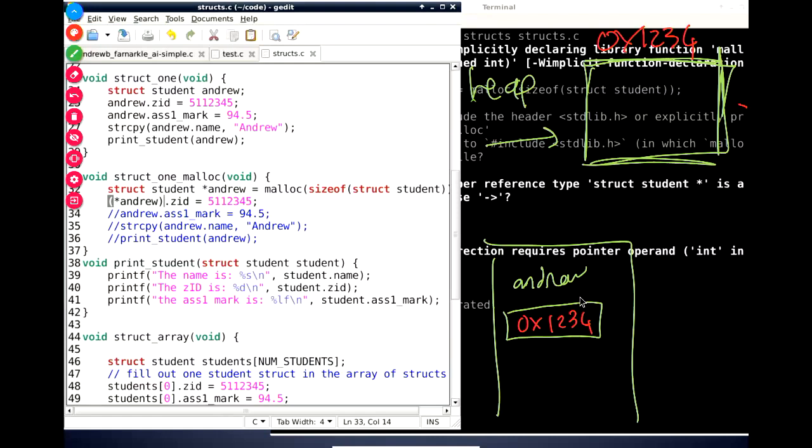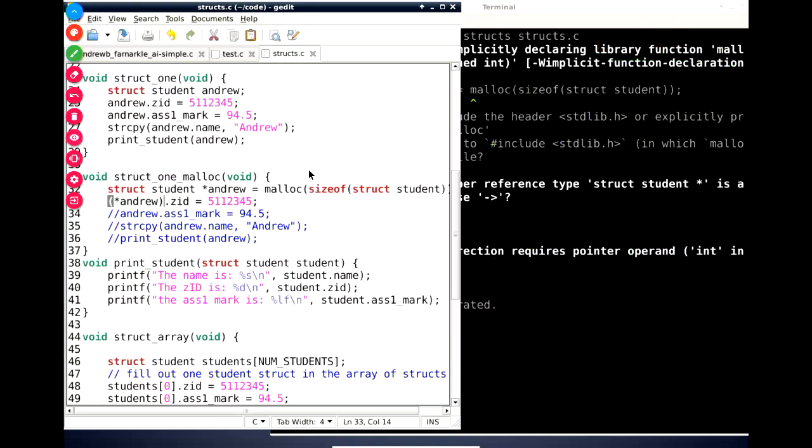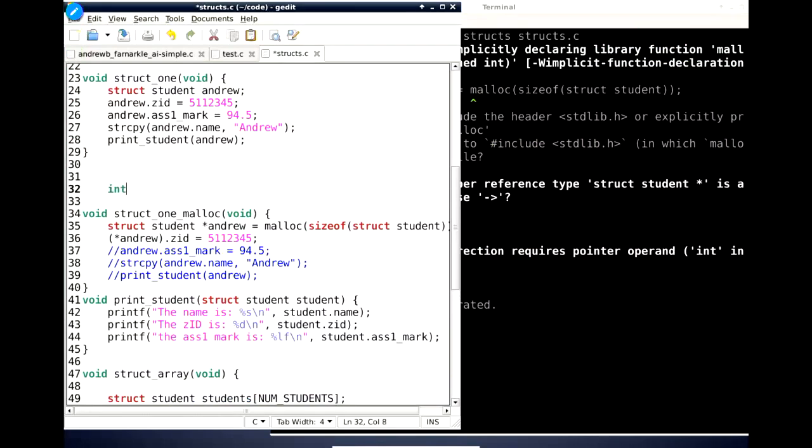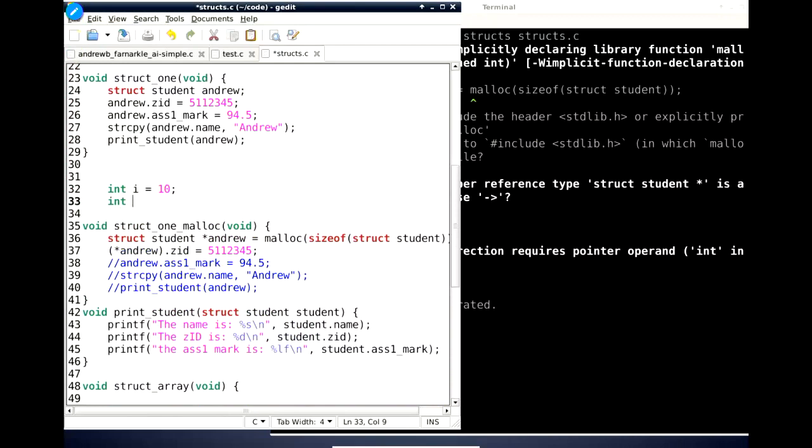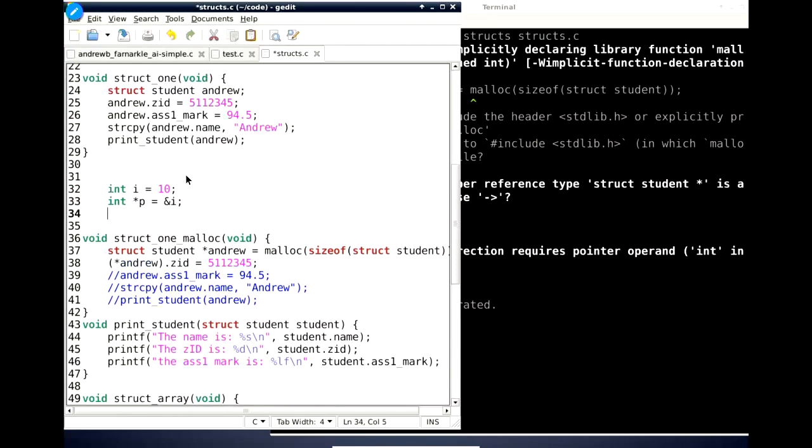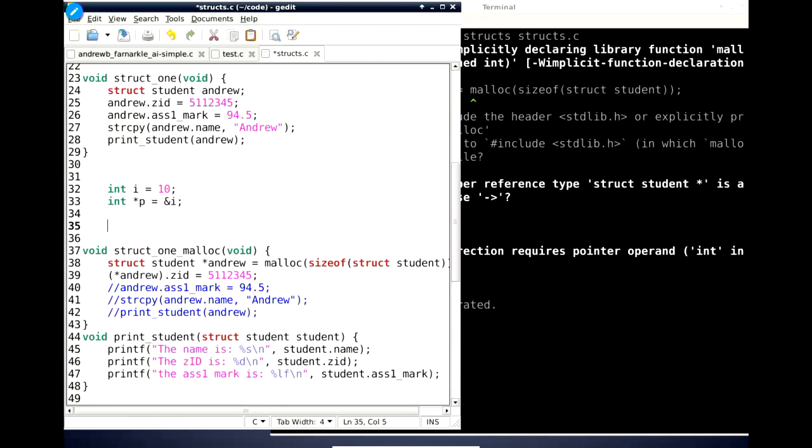But I can dereference a pointer with the star notation, right? Just like if I had int i is 10, and int star p, a pointer to i, is equal to the address of i. This is now saying I have a variable i in the function memory, in the stack frame, and I have a variable p whose contents are the address of that, so that p knows how to get to it. And then I can say star p equals 20, and the star means go to the memory address that this contains, go to the thing it's pointing to, and then change its value to 20. Right? And similarly for getting a struct,